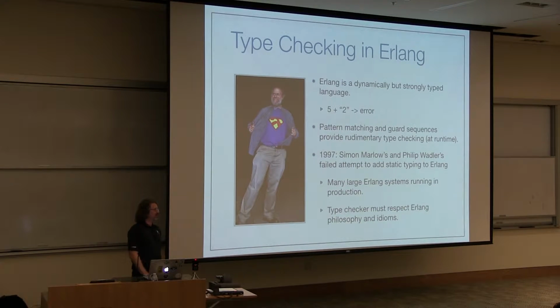So if you imagine at this time, Erlang's a very old language, and even in 1997, it had been around for a dozen years or more, right? And there were already existing production systems that had been running flawlessly for years, and Erlang had a great reputation for fault tolerance, being very robust, and now you've got this type checker that's saying, this is all wrong. And it's been running flawlessly in production, but I don't like it, so it's going to reject it. So that was the basic problem with all of the static type checking implementations in Erlang, was that they were too strict.